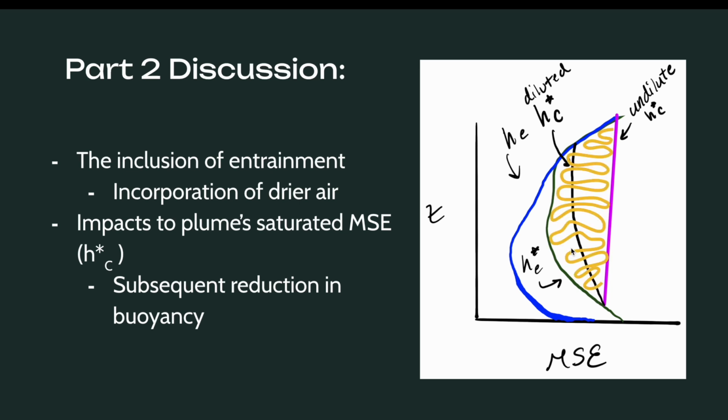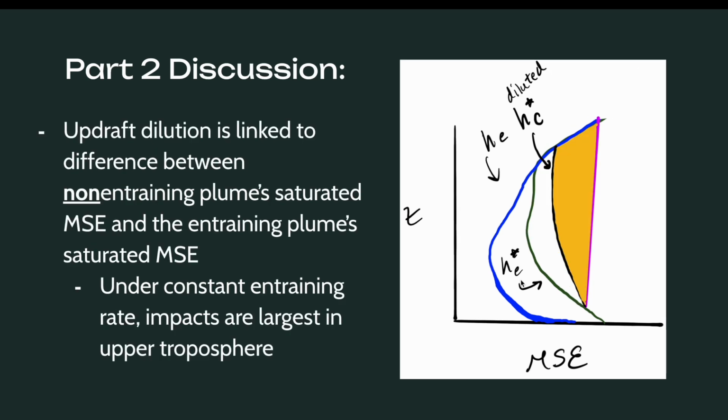First, when we're considering a non-entraining plume, we see this area is much greater, right? So we're going to see a much larger buoyancy potential for this profile. But when you are including entrainment, you instead see a much smaller amount. I've colored in the difference between the non-entraining plume profile and the entraining plume profile, and it's this difference that gives us an idea of the amount of updraft dilution